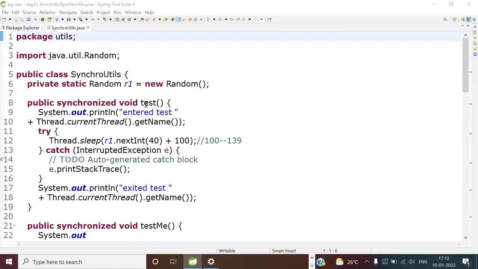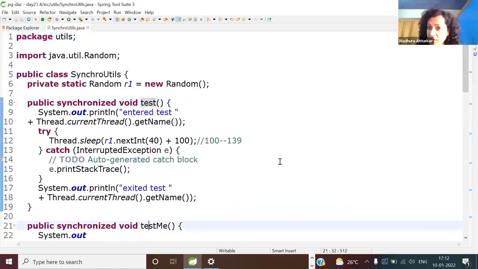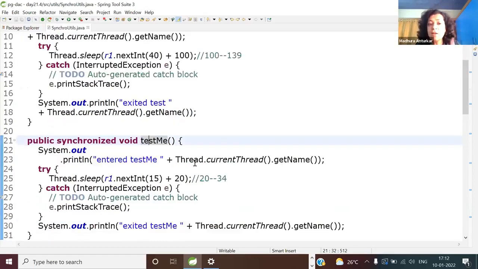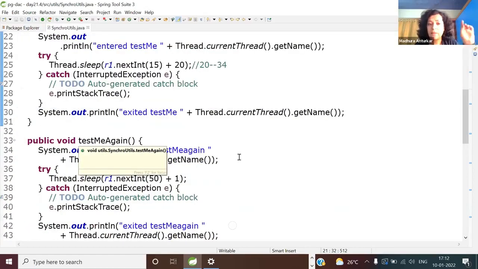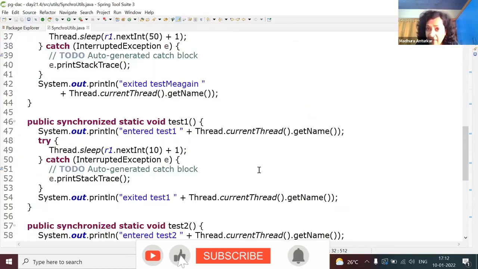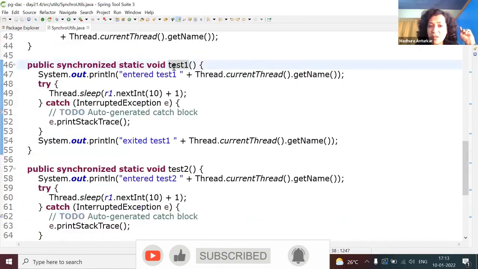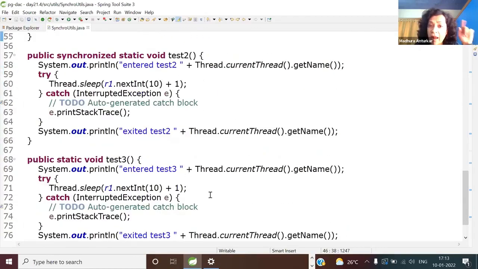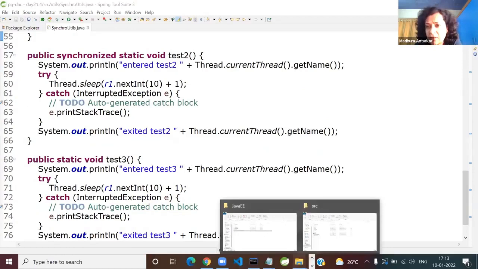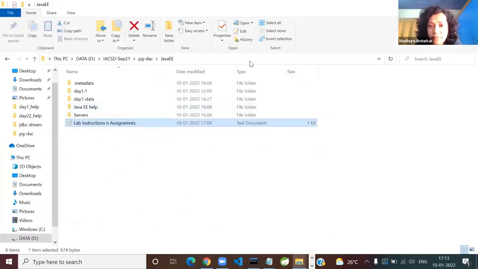So if you open Synchro utils, I have already given you the basic work. You can see there are two non-static synchronized methods and one non-static unsynchronized method. This part we had already tested. Additionally, I have given you two static synchronized methods, test1, test2, and one static unsynchronized method. The write-up, Srinivas, I have already supplied.